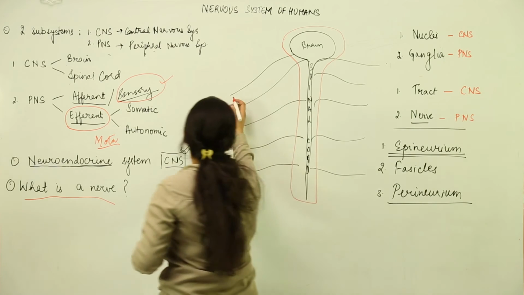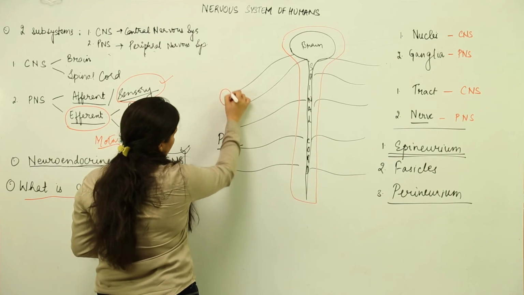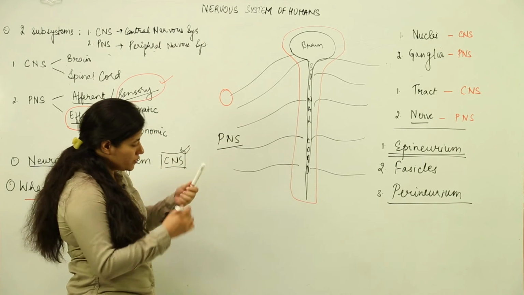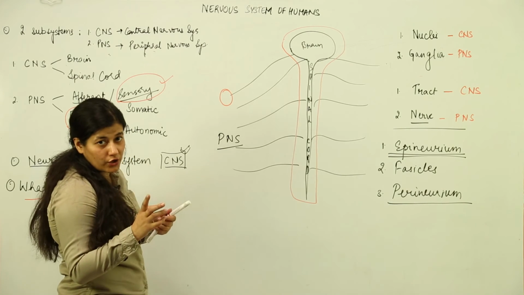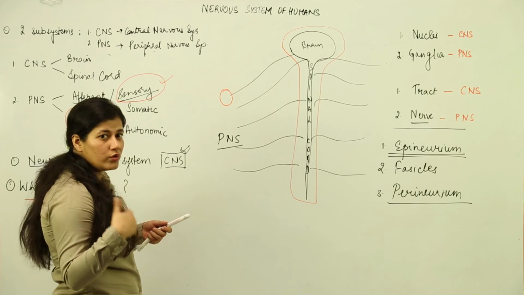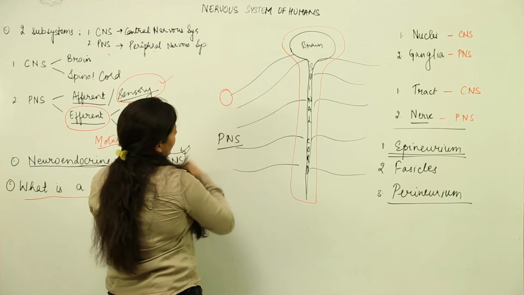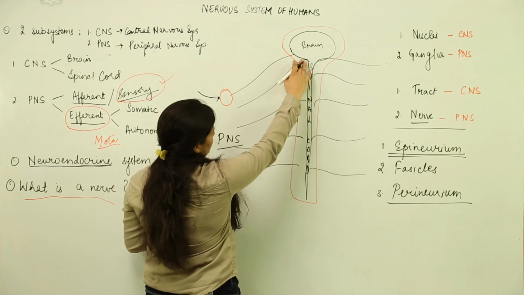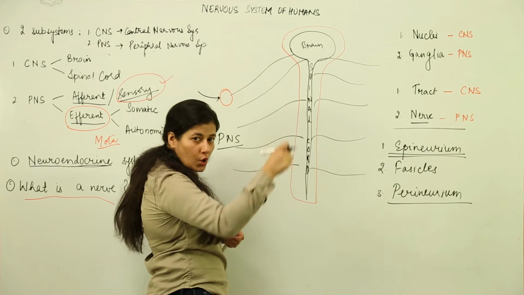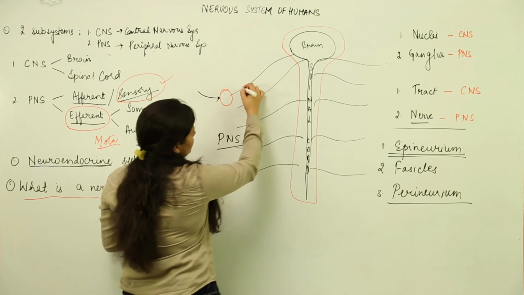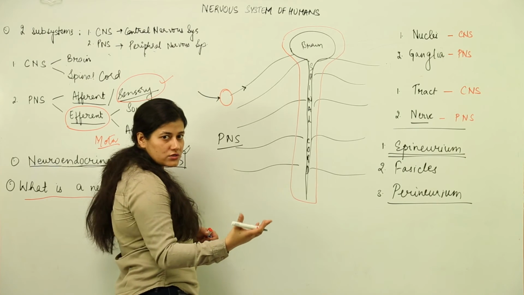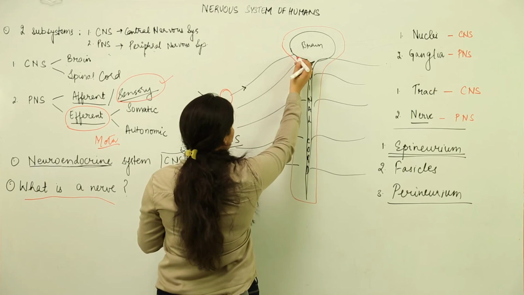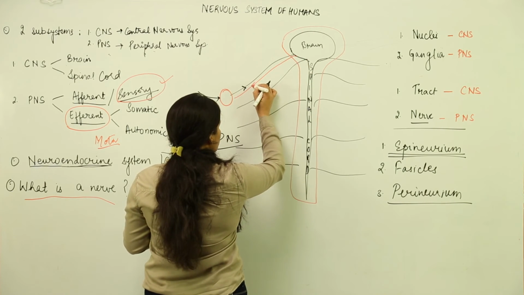Now supposedly this is your hand, and this nerve has been innervated towards the organ, that is your hand. The hand is a voluntary organ, you know that. You can move your hand at your own ease. So the hand takes up the stimulus of a pin or a hot spoon and takes it to the brain. Processing is done on whether you need to hold the spoon or throw it away. That information goes through sensory neurons or the afferent nerves to the central organ, from where the motor nerves bring the information back in the form of response.